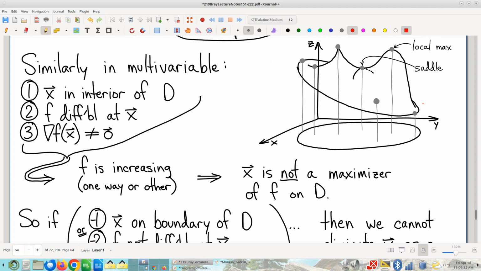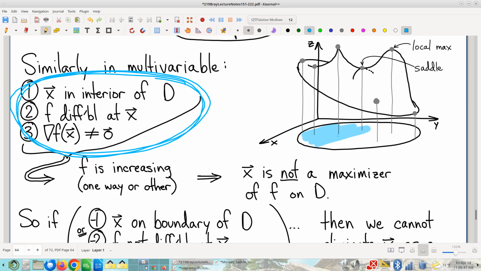Shockingly similar. We have an argument that eliminates most of the points in the interior. Most of the points in the interior, and by the way, to be clear, here we're looking at a function of two variables on a domain like this. And so z is a function of x and y. There's our domain. I can eliminate most of the points in that domain by just saying, well,